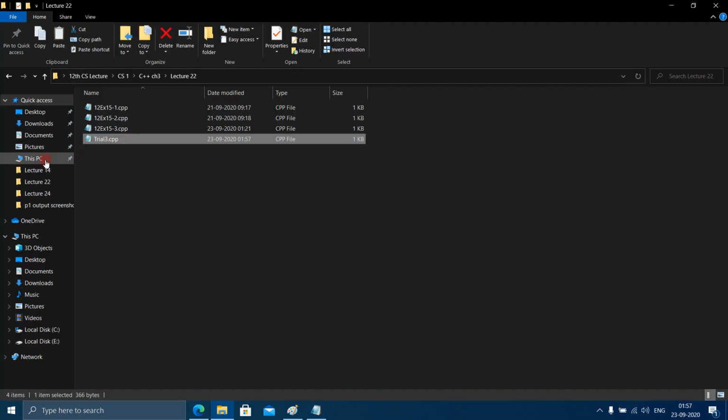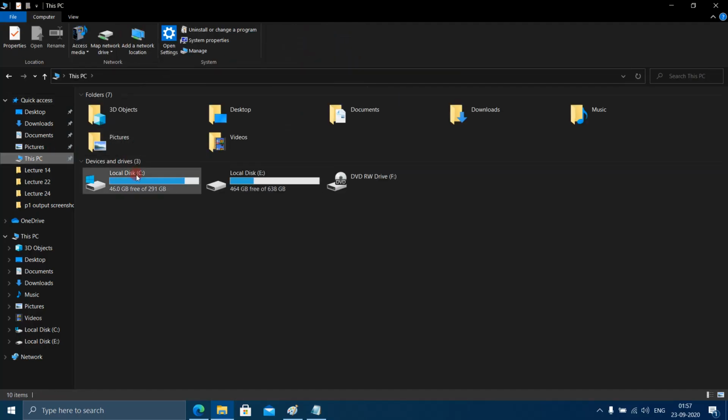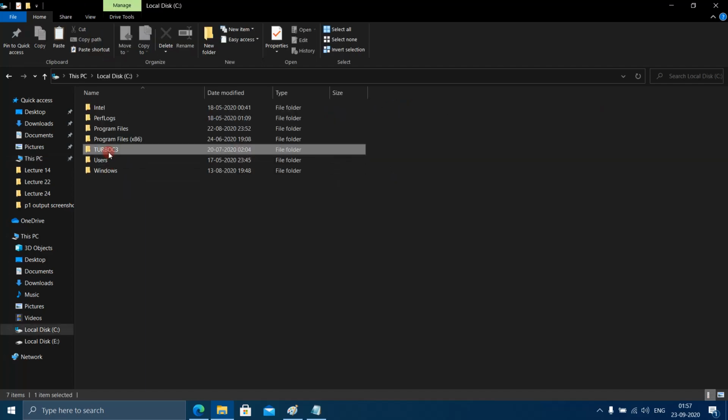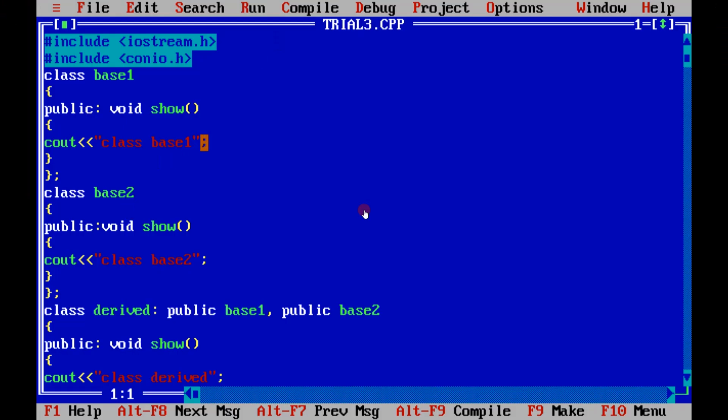I'll copy this in the bin folder of Turbo C. Here I will use \n so that the next line which will be printed is in a new line.